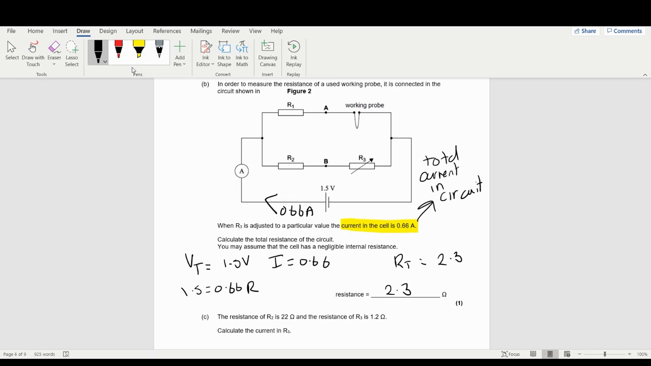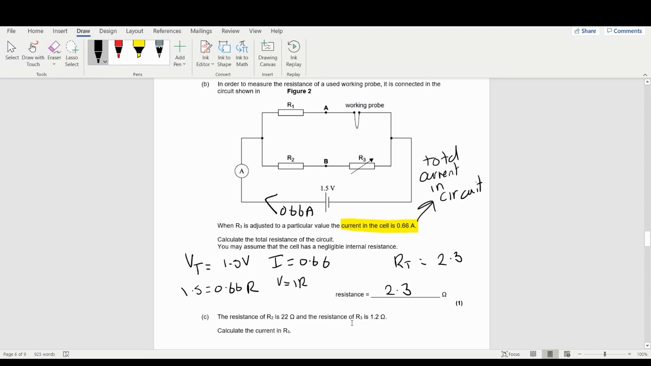If you know the total voltage, which you do, and you now know the total current, you can use Ohm's law, V equals IR. It's one of the most powerful things you can do, and this is probably what I'm going to be doing for the whole of the circuit. Okay, so